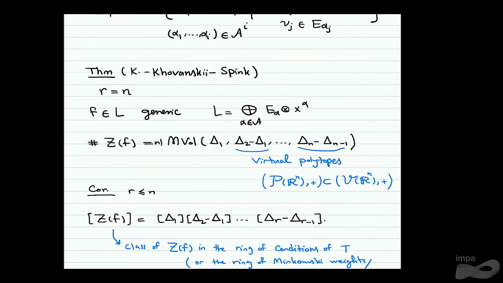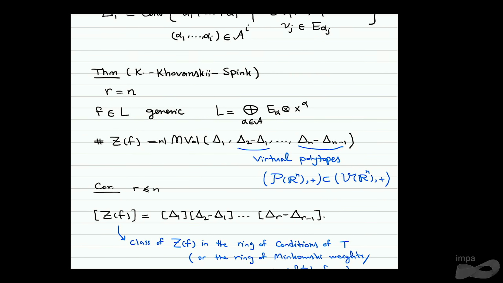But the mixed volume is a mixed volume of differences of these polytopes. How should I interpret that difference? In convex geometry, sometimes they call the formal difference of two polytopes a virtual polytope. Maybe I can write something on the board. So you have the notion of